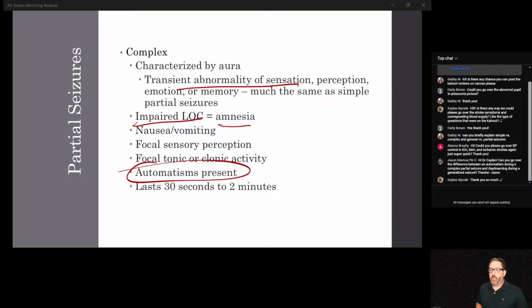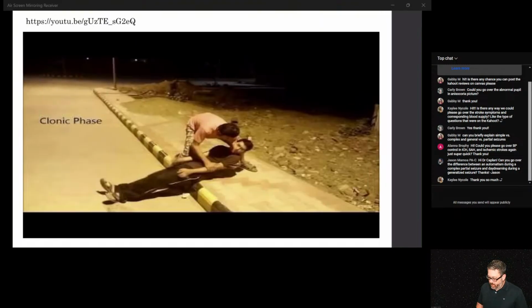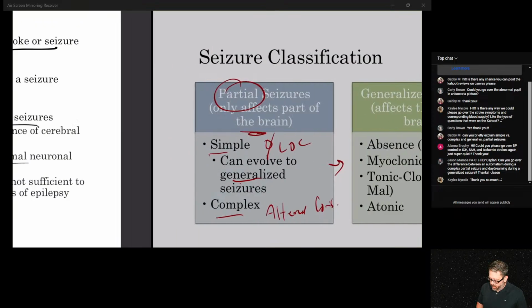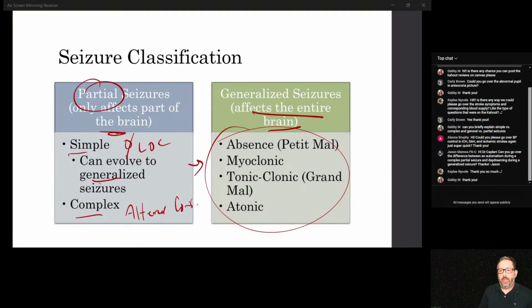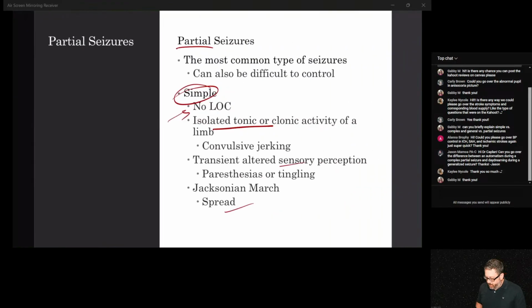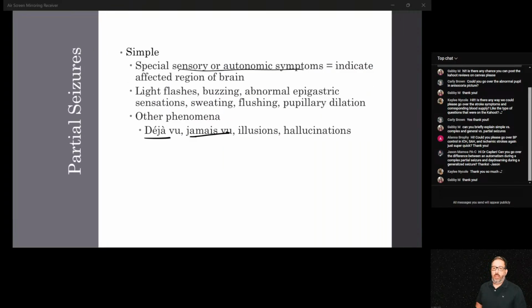Okay, so simple versus complex, still a partial seizure because it's only one side. Generalized versus complex. The entire brain is affected, and these are the examples of a generalized seizure where the entire brain has been affected by whatever's going on. So automatisms could be like lip smacking, hand moving, flailing,